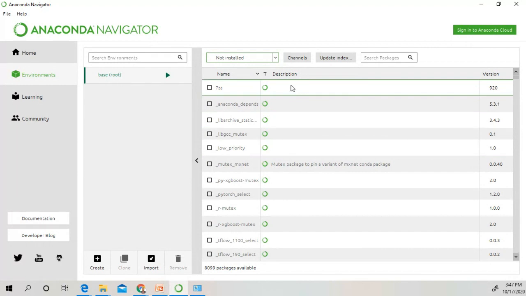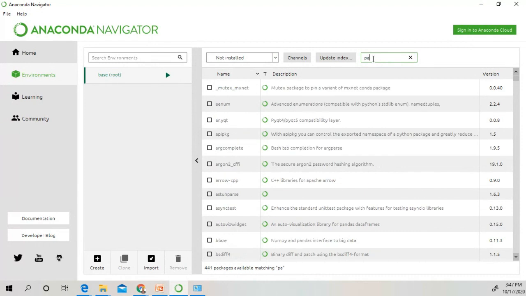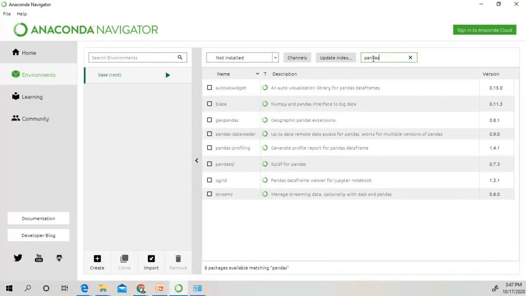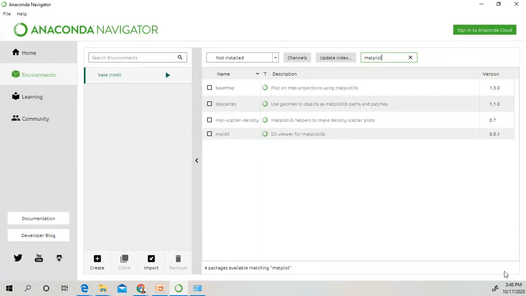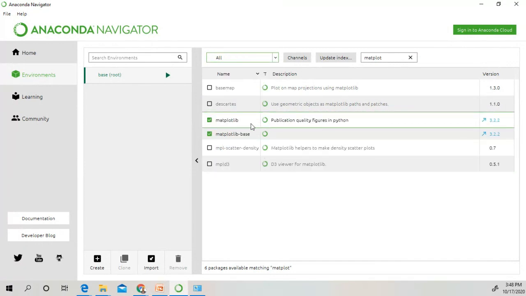You can search for a library like pandas if you want to install it, or the matplotlib library. You can find those libraries in this environment and install them. All the matplotlib libraries are already installed, so no need to install right now.